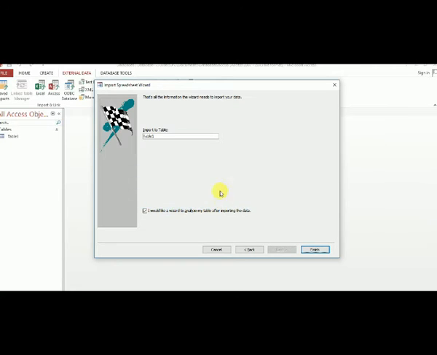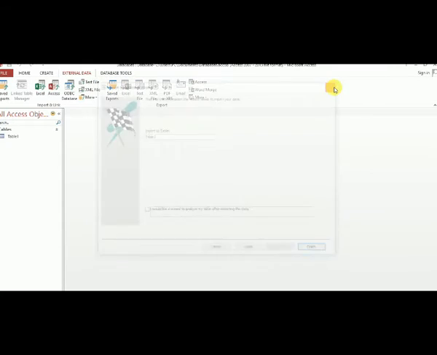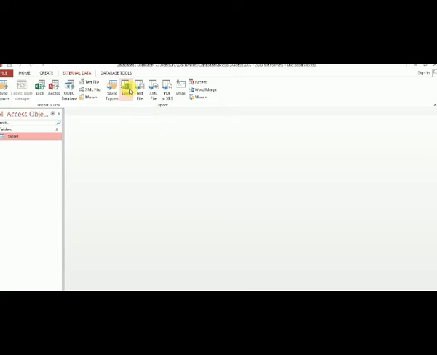There is some problem on my Excel sheet, so I cannot insert it in my Excel because of some problem on my Excel sheet.